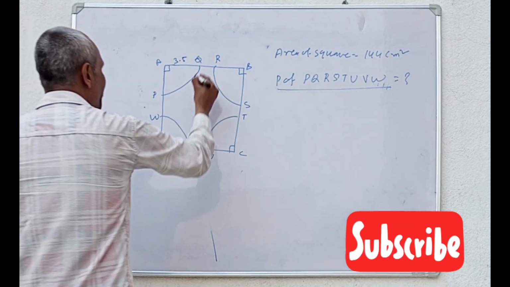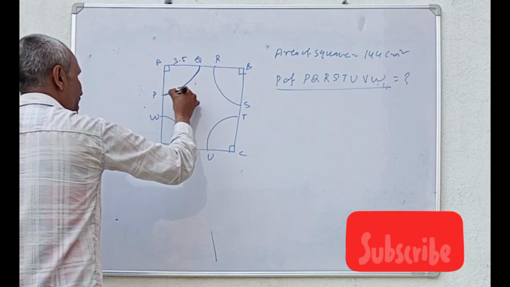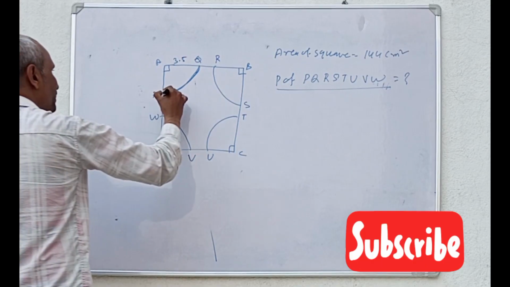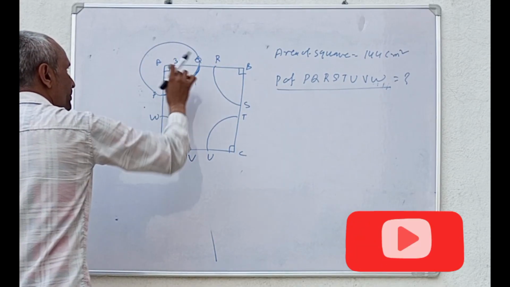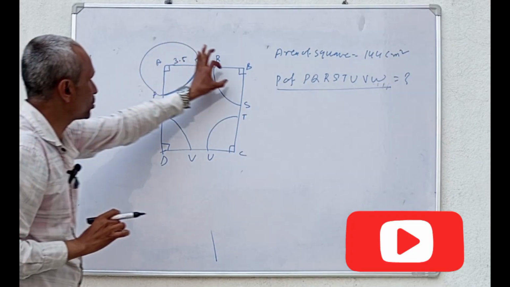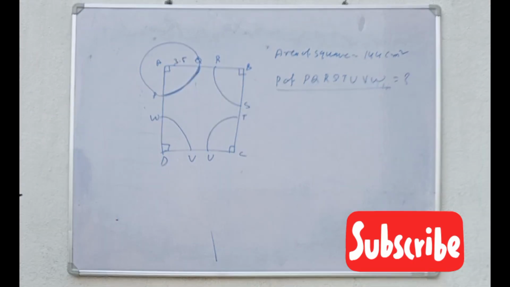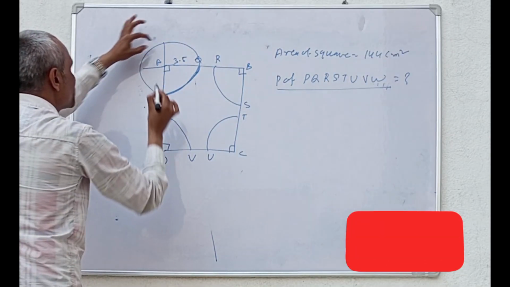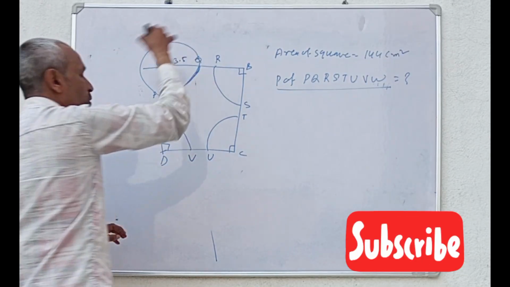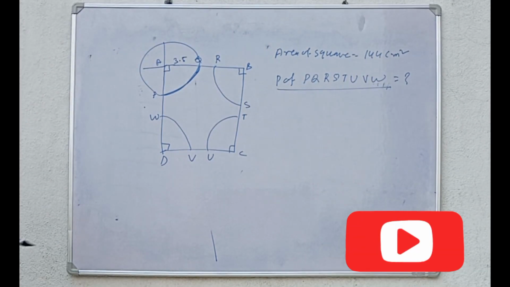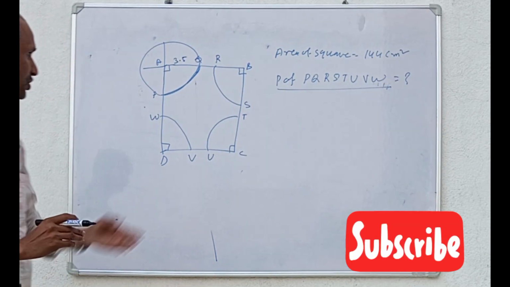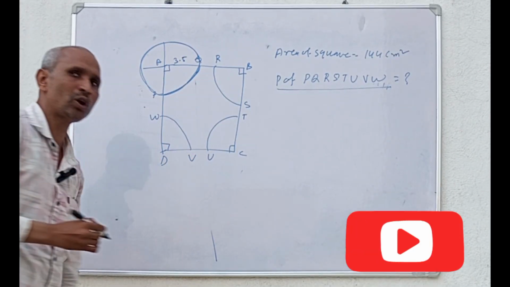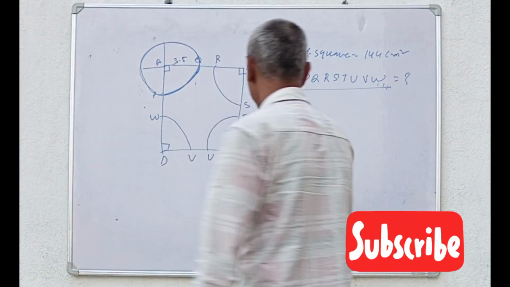First of all, what is this? This is an arc, meaning part of the circumference, or this becomes a sector. Suppose we made one total circle, so this will become a sector. One sector, two sector, three sector, four sector. If we join the four sectors, because of 90 degrees, this one keeps here, and it becomes like this. This will keep here, then it becomes this one. So it becomes a total circle. Now the area of the circle: this will become the total circle, because of four quadrants, four sectors at right angles.